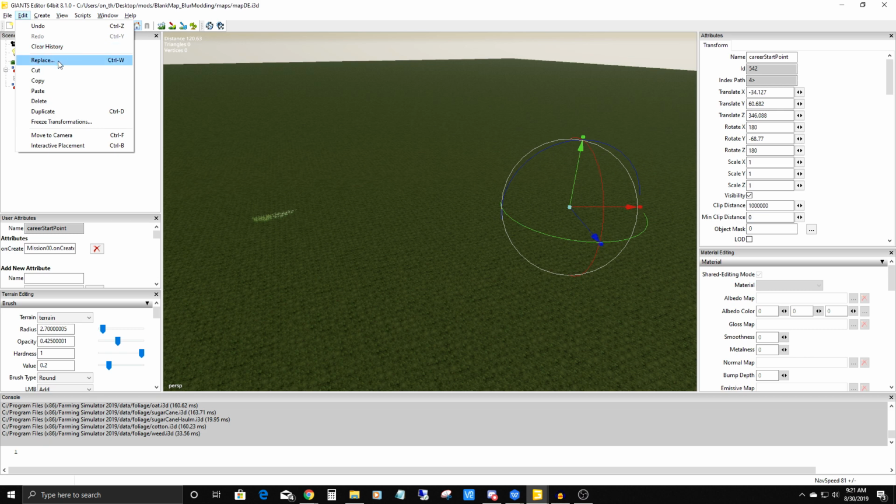Replace is kind of neat, because if you put a bunch of small trees on your map and you decide you want to put some bigger trees in there, you can select the small tree and then select the bigger tree, and it'll replace all the small trees with the bigger tree. Then of course you've got your standard cut, copy, paste, delete. This duplicate,